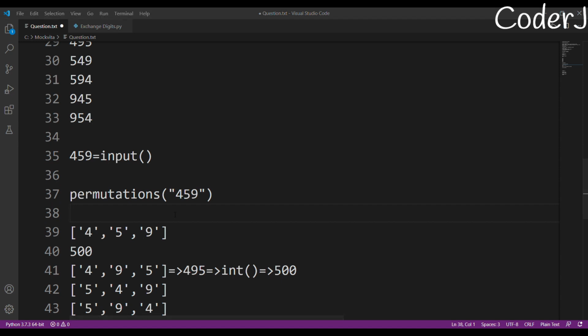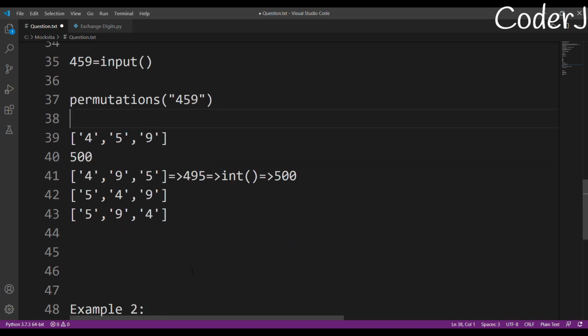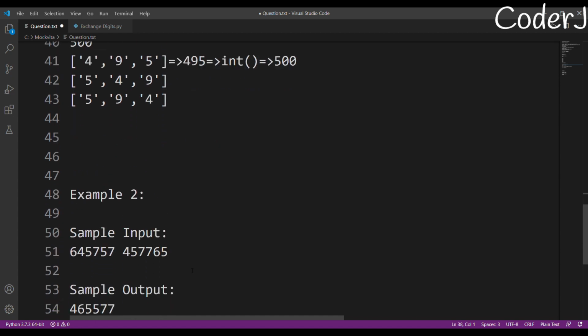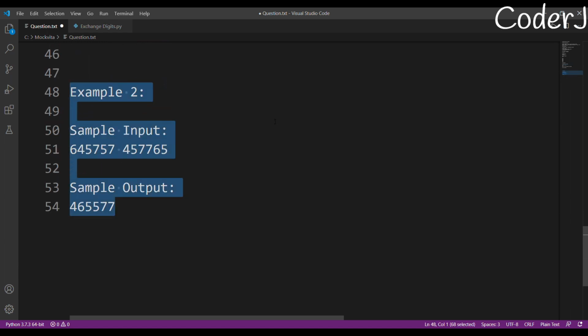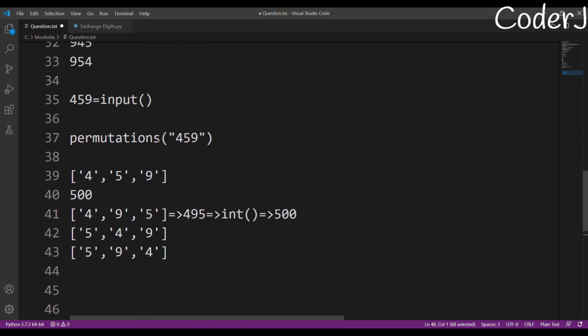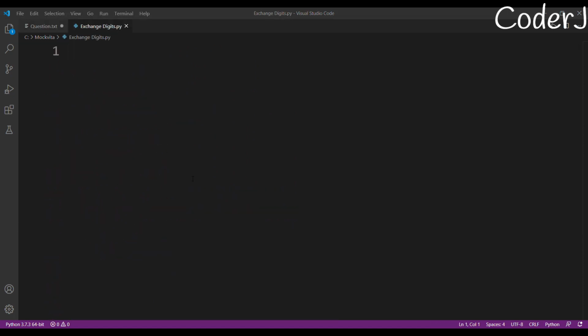So before I input my number into the permutations parameter, I'll have to sort it. Why? Because once I sort it, the output that I will get will also be in a sorted manner. I know it's getting a little bit confusing. Just please try to hang on, because we are moving on to the coding part, and after that you'll get a better idea. So this is test case 2, which I'm saving for the validation part of my code. Let's just try to code, and it will make it much easier.